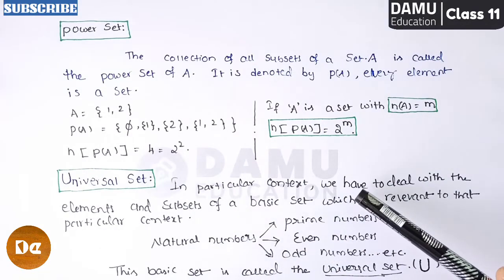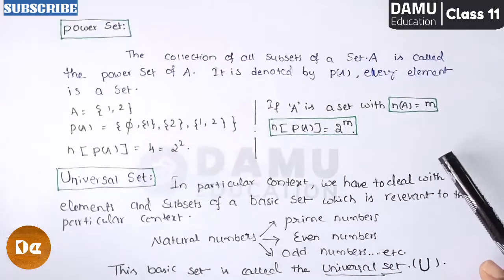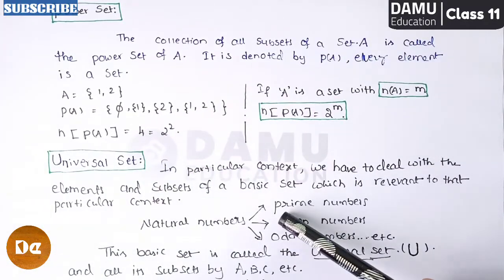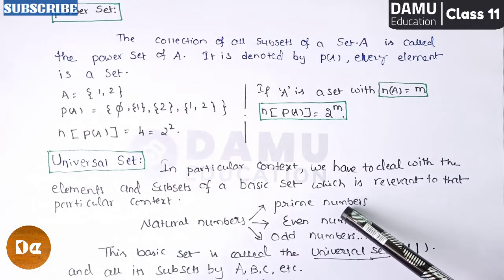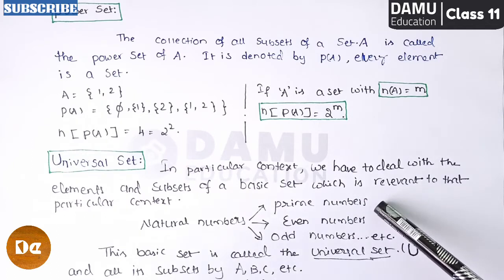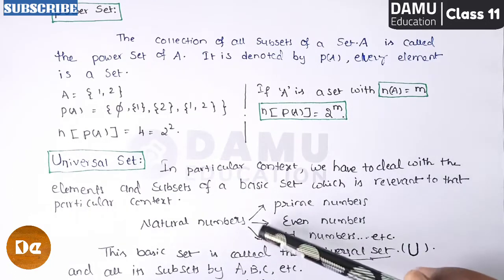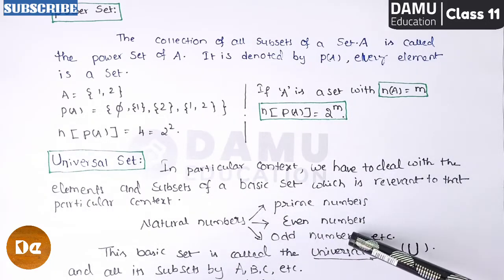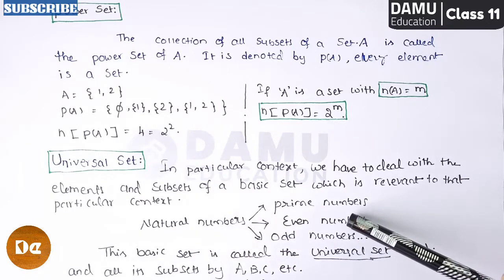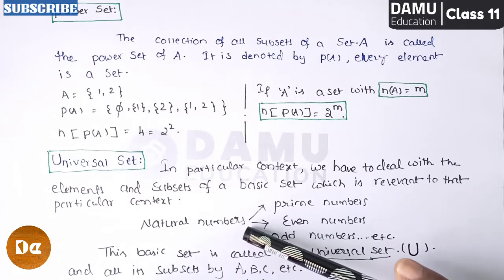So if you take subsets in a particular context, I am going to give some examples. Here, natural numbers. In natural numbers you can take prime numbers. Prime numbers always deal with positive numbers, and only one even number will be there in the prime numbers, 2; all the remaining are odd numbers. That's from natural numbers. And you can take even numbers, odd numbers, or perfect square numbers, non-perfect square numbers, like that.